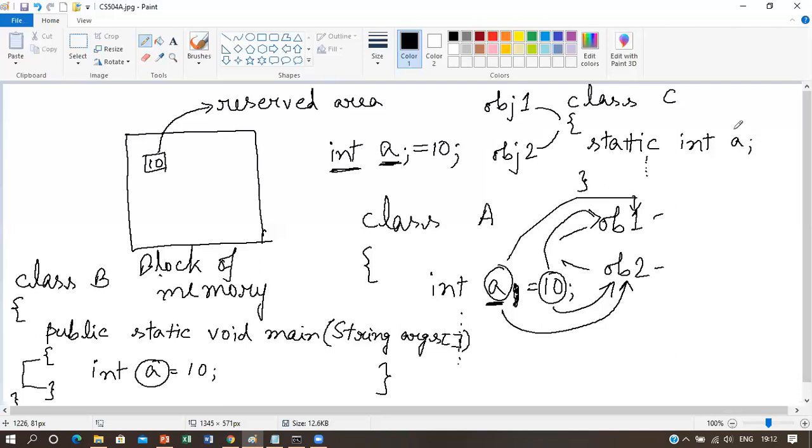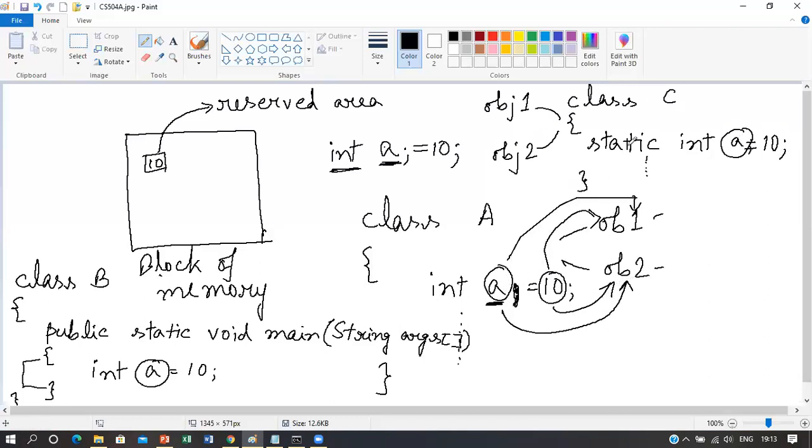That means if we write a value here as 10, the value 10 that will go into obj1 will also go into obj2. So whatever value of A is there, the same value will be shared by each of the instances of this class C, or each of the objects of this class C. But in the case of instance variable, a different instance of this instance variable will be there in each of the objects of this class.